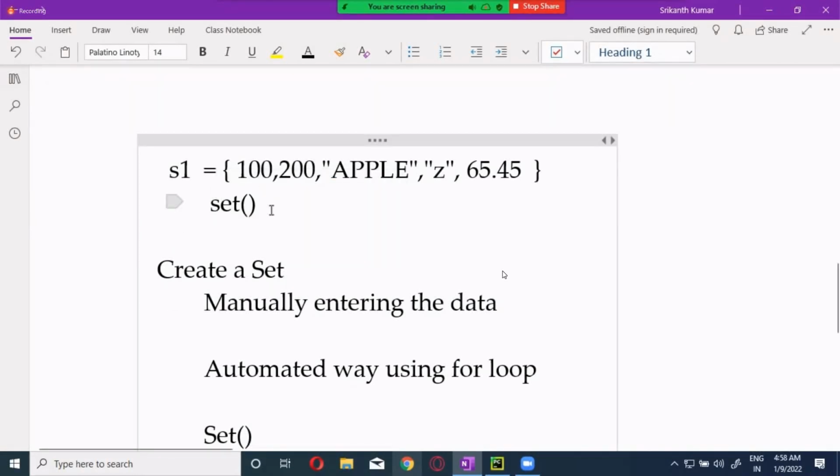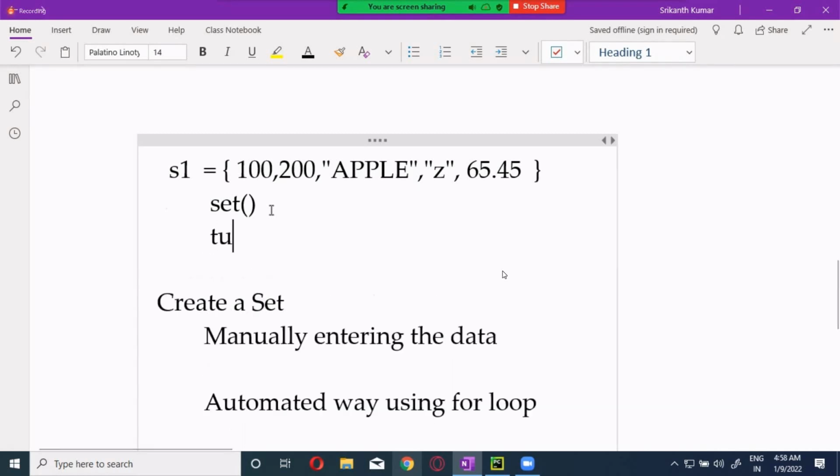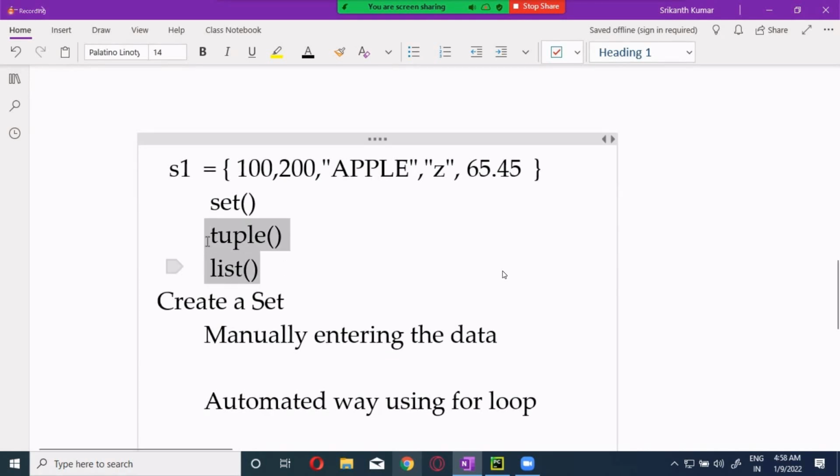Now, you see the tuple function, it will be like this. It has nothing to do with the tuple braces. It is just the function nature. This is a calling of the default function. Okay, we didn't deal with functions yet. So if you have a list, you put it in the square brackets. But when you have the list function, like this, parenthesis there, this is the calling of the function. This is the calling of the default function which is provided by the Python people. You're calling that function.